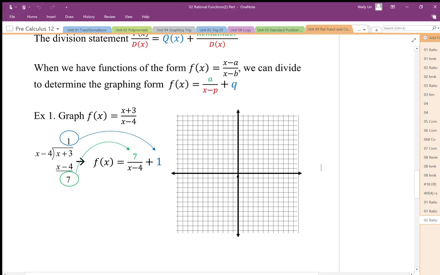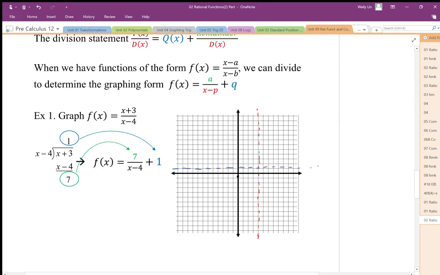Okay, so then when I draw this, I'll end up with the exact same graph, but it's going to be from a slightly different perspective. I have my vertical asymptote at positive 4, so that's the same thing because my divisor is the same. My horizontal asymptote, instead of using a limit to get my horizontal asymptote, I can just use my vertical shift